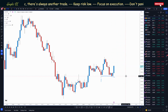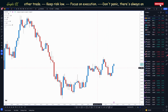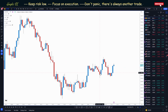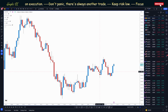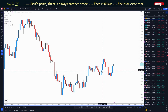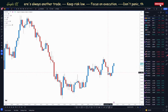No FOMOs, no FOMOs. No, this is not. It was. I've seen it just go so many times once it's pushed down. So I'm happy with when it pushed up, wicking down, and then breaking the high, because the first minute pushed down, then it pushed up, and then we had the wick up, and then it started pushing. Now it pushed up quickly, and then it came back down, and once it closed back in here,